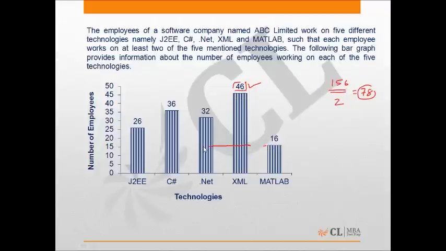And it can also be noted that the maximum number of employees who can work on 5 different technologies is 16. So if 16 employees are working on 5 different technologies, which means that